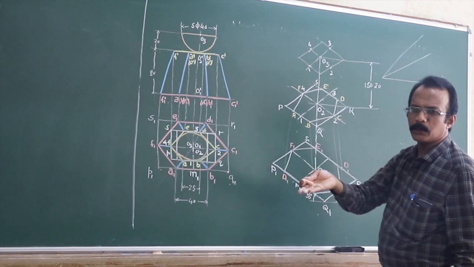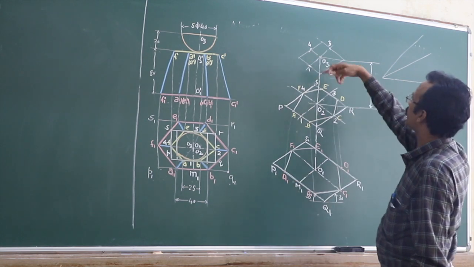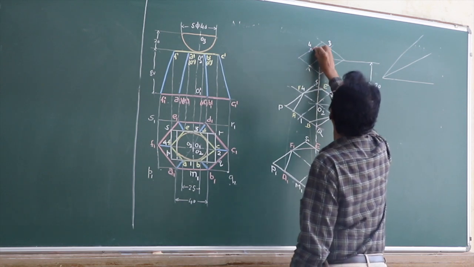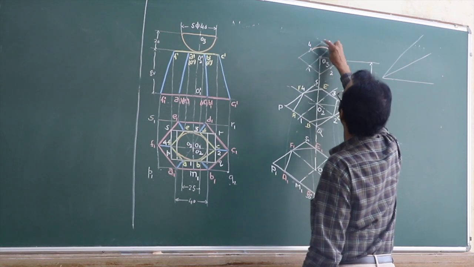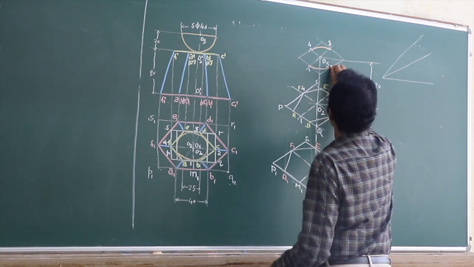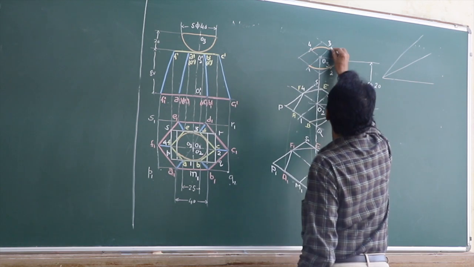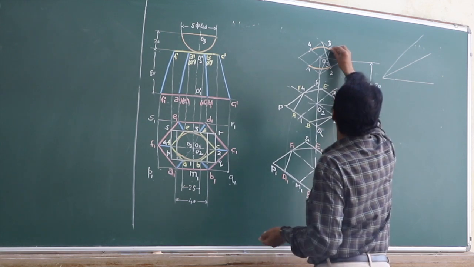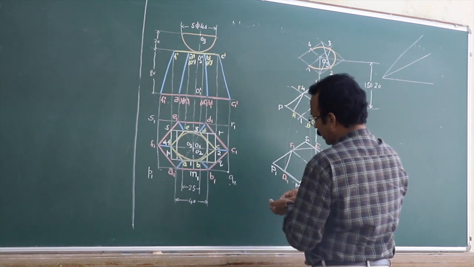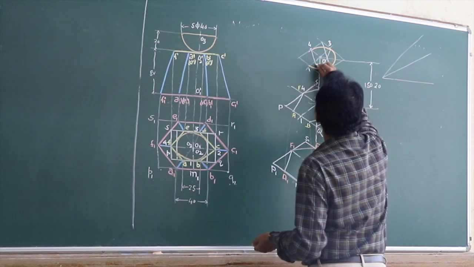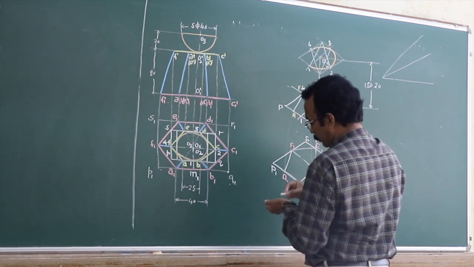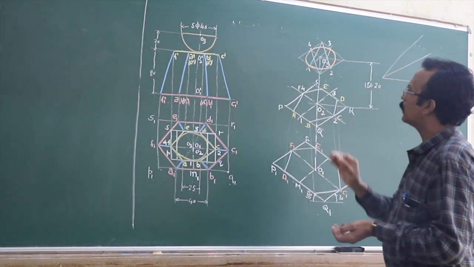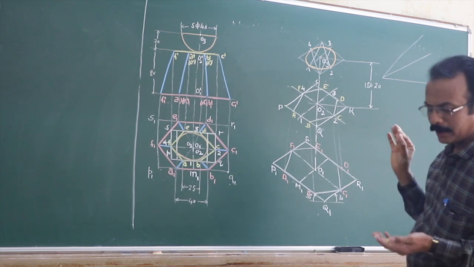Now here, by your usual four-centers method, construct the ellipse. That is, from this end of the shorter diagonal, draw the first arc. From the other end of the shorter diagonal, draw the second arc. Then from this end, connect it to the opposite midpoint, and from the other end connect it to the opposite midpoint, and draw this curve here. Similarly, from this end, connect it to the opposite midpoint, again the opposite midpoint, and complete this part here. So that is your usual method of constructing the ellipse.